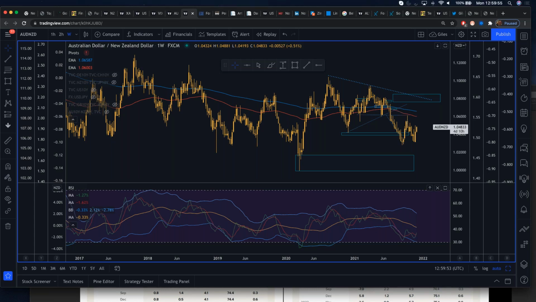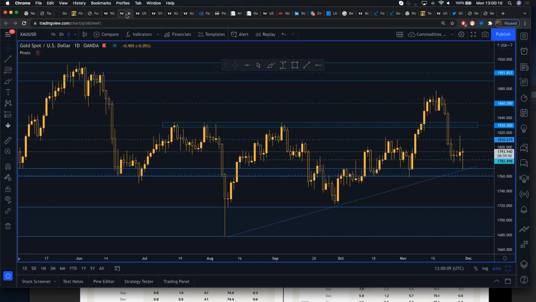Yeah, good. Excellent. Okay, folks, well, that's come to the end of our session. It's all about the Omicron variant. That's what we need to look for. If we suddenly see good news that the vaccine is effective against the Omicron variant, expect a sharp retracement in risk assets. Keep an eye on gold.